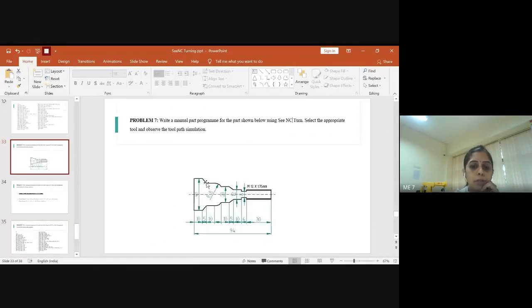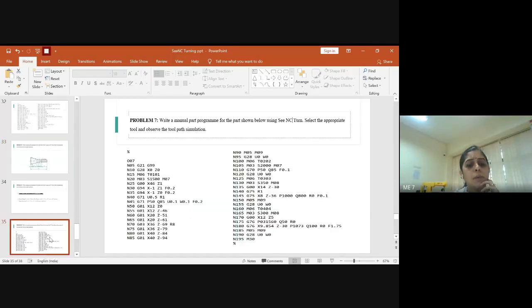The tool is now here, and you should see that again it is a linear interpolation, only the change is in the diameter, right? Previously x was 36 in this position. Now x becomes 40 mm, right? Apart from that, z was minus 79. So minus 79 and minus 5. How much do you get?